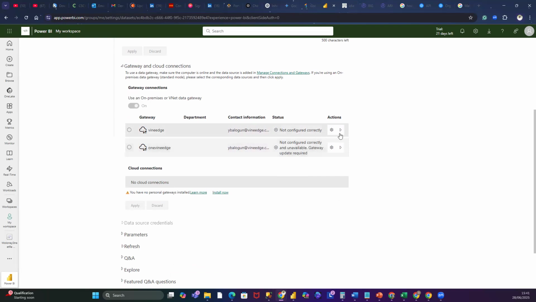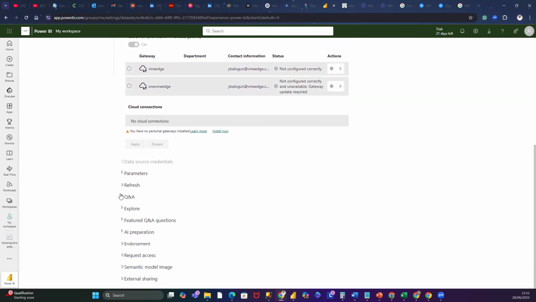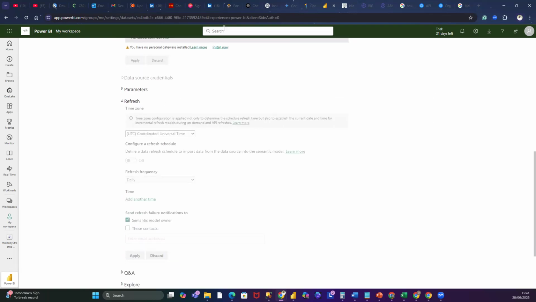But then I need to connect to a gateway, and once I connect to the gateway, I can now come into refresh here. Because there's no gateway, this is not activated. I will then be able to configure when and how I want it to refresh. If I want it to refresh every day, every week, the time and the day I want it to refresh,